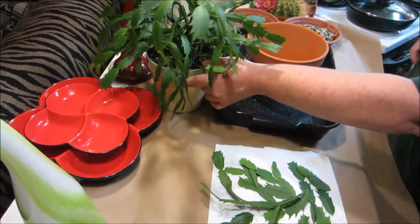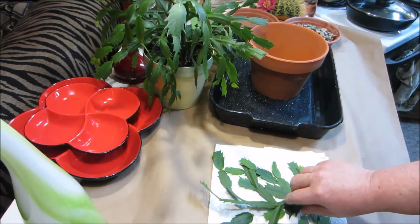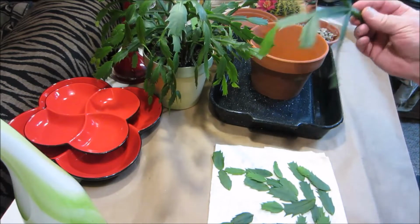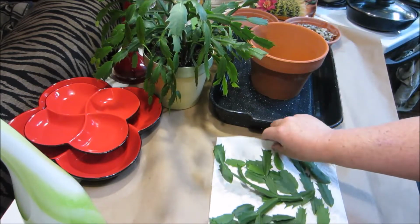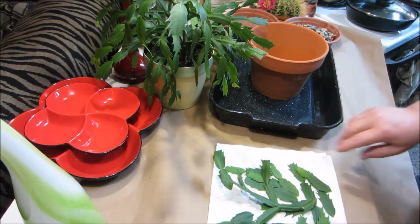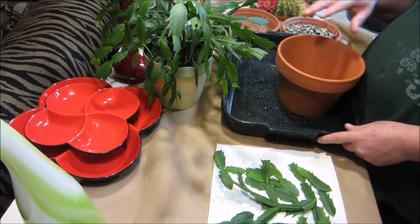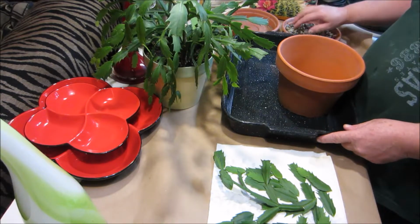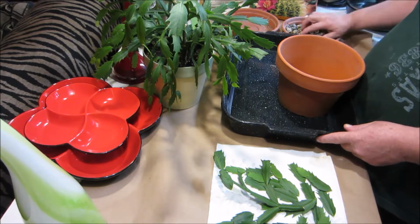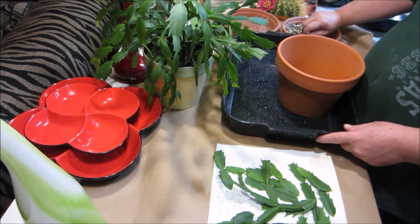Try repotting my Christmas cactus today. I trimmed it down the other day and put a bunch of pieces on paper towel, because you have to let where you clip them off heal over. And then I went out and got some gravel out of my driveway,